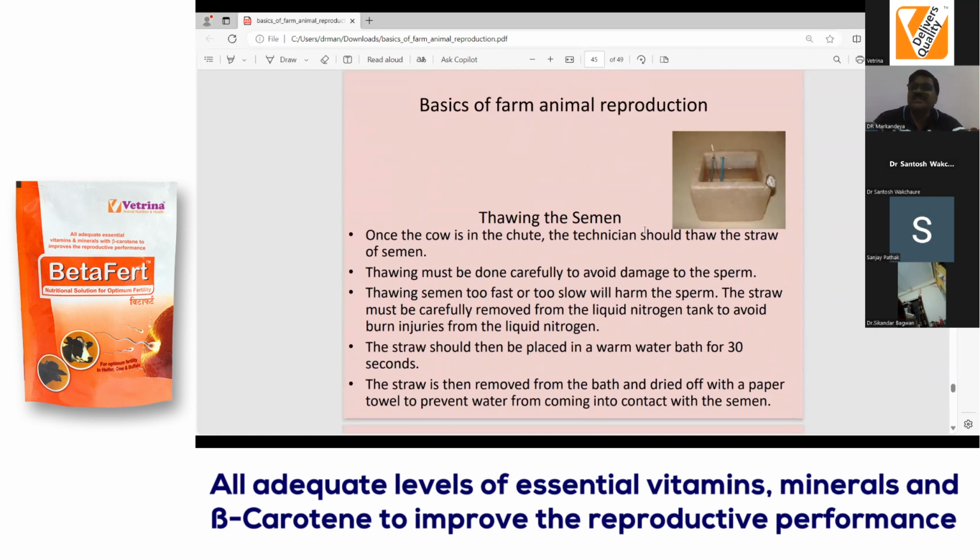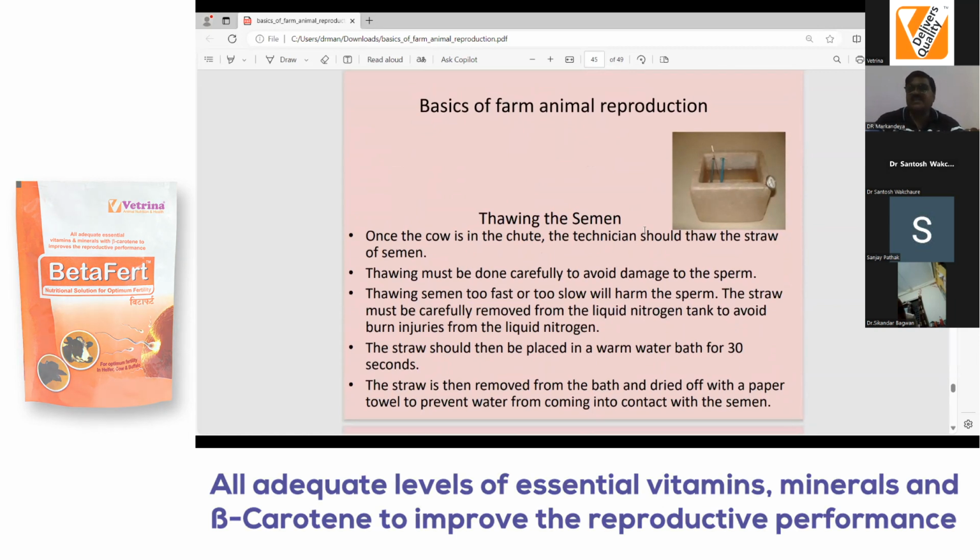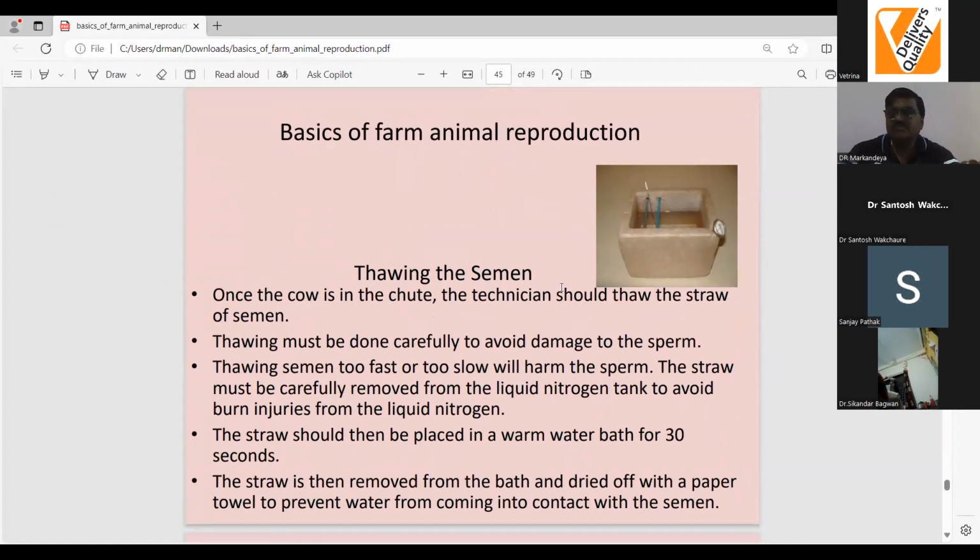About artificial insemination, one should take reasonable care for thawing. 37 degrees centigrade for 30 seconds is the standard. The straw should be completely dipped into the lukewarm water. After 30 seconds, the straw needs to be cleaned with tissue paper. Loading of the gun should be proper. This process is always to be attempted only after confirmation of estrus. Please remember, no thawing is expected when the animal is presented to the clinic.